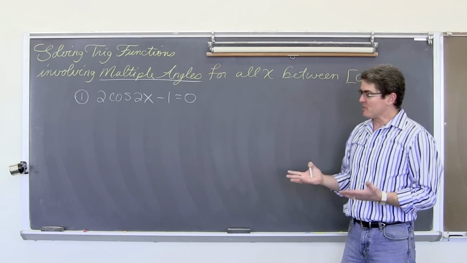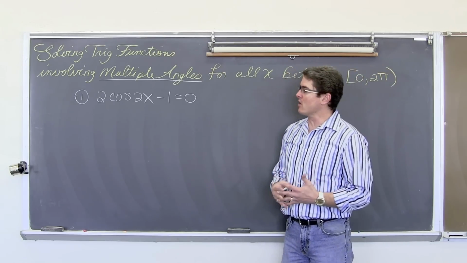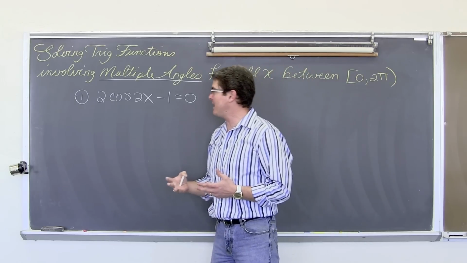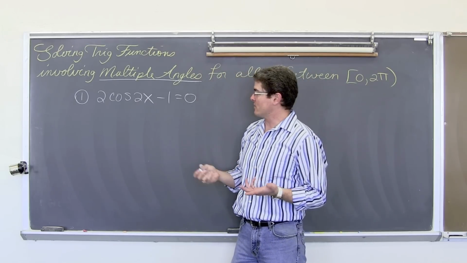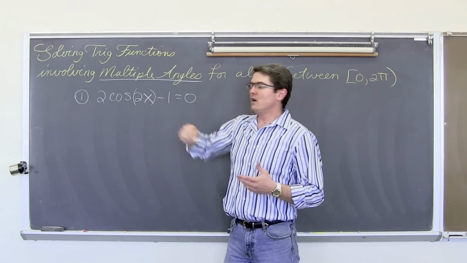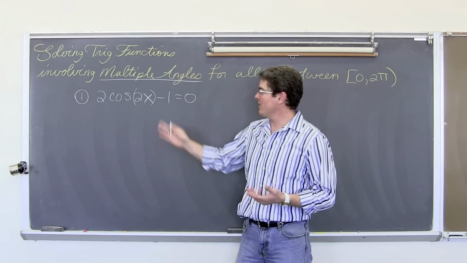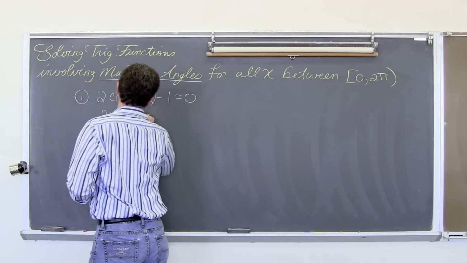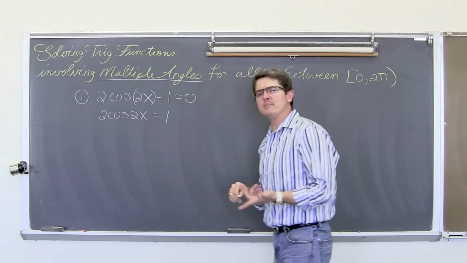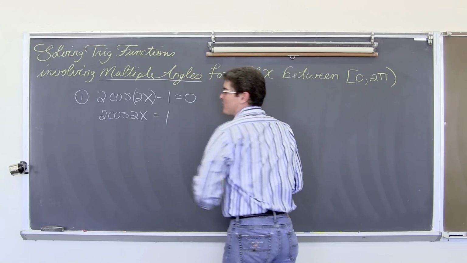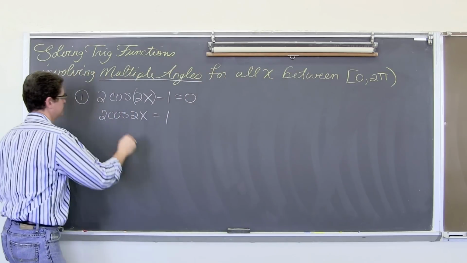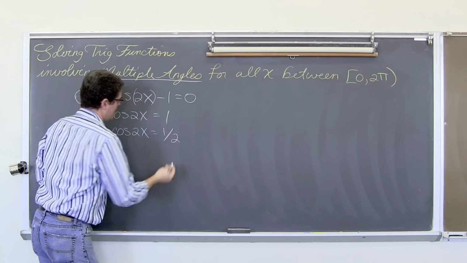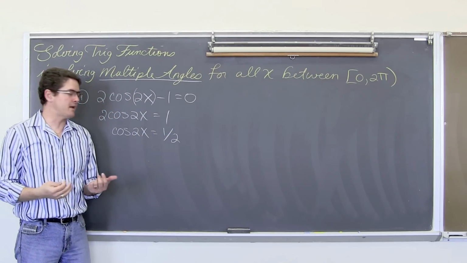Well, if this material hasn't been taught to you yet, and you're just trying to go through your book and work these out, and you're looking at this, okay, I want all my answers between 0 and 2 pi, you're going, okay, I need to find the angle measure. And I need to get 2x by itself. Well, that means we're going to add 1 to both sides, then divide both sides by 2, so undo that multiplication of 2. And now we have the cosine of 2x is equal to 1/2.